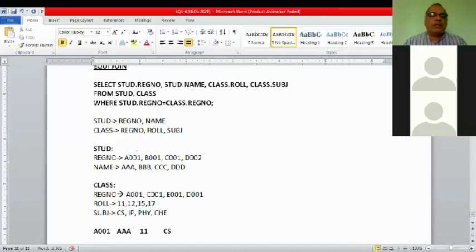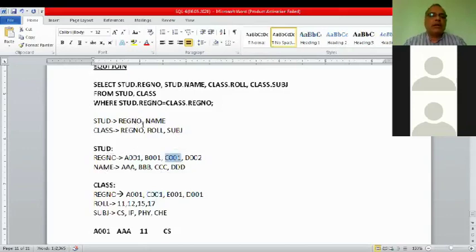Next. Again match REGNO. Second value. What is the second value? B001 of the first table, and you just find B001 is not present in the second table. So these records will not be coming. Now check the third record of REGNO, C001. C001 is present in class table. Yes, it is present. Here the third record is C001. Here the second record is C001. So third record of this table will be taken.